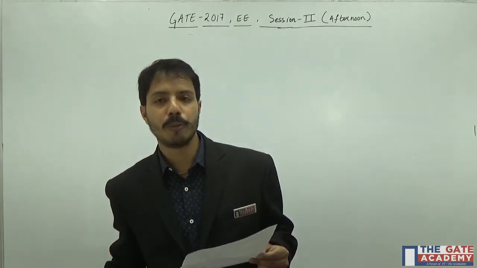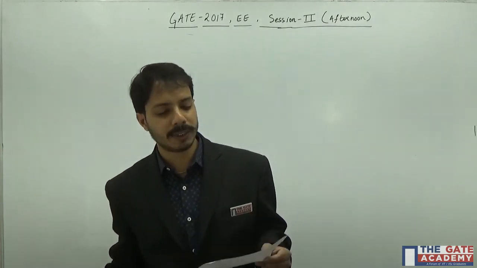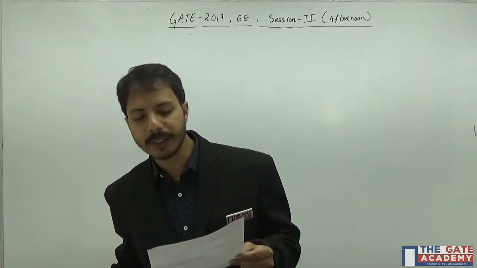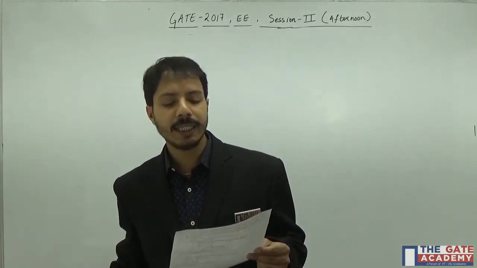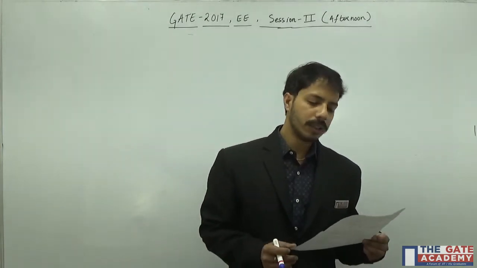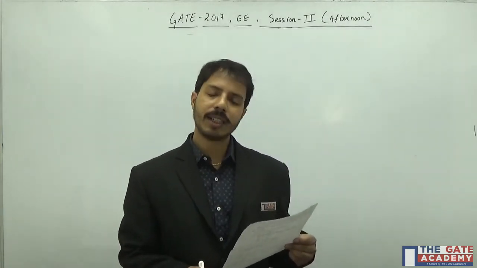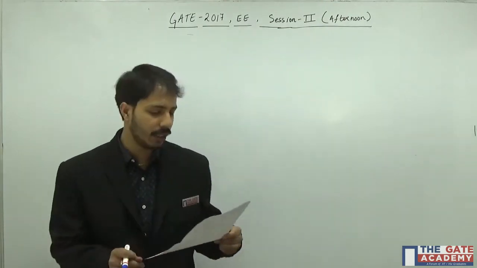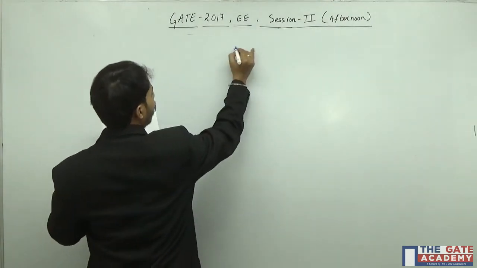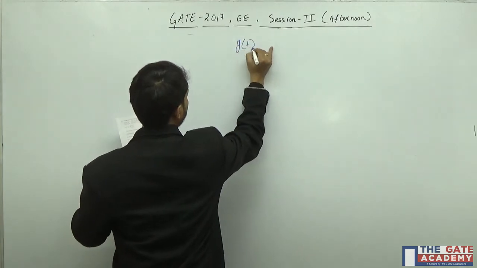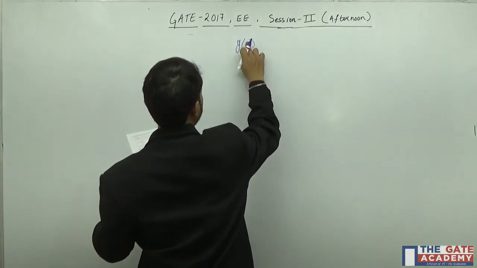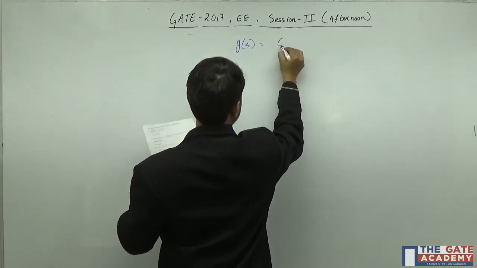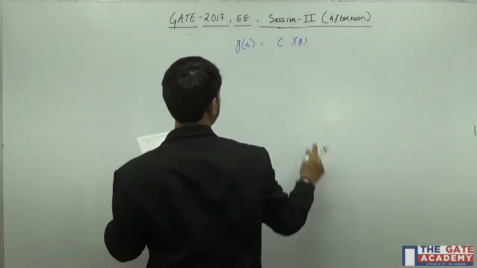Okay, so if u(t) is a unit step and some initial condition is there, the value of the output y(t) at t equal to 1 second is? So you need to find out the response of the system at t equal to 1 second. So finding the response of the system, we know that y(t) or y(s) is nothing but C into X(s).